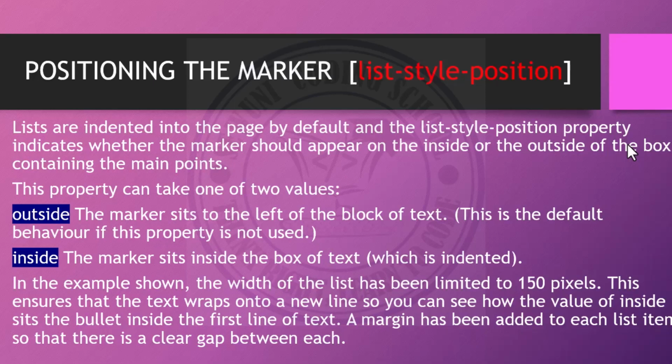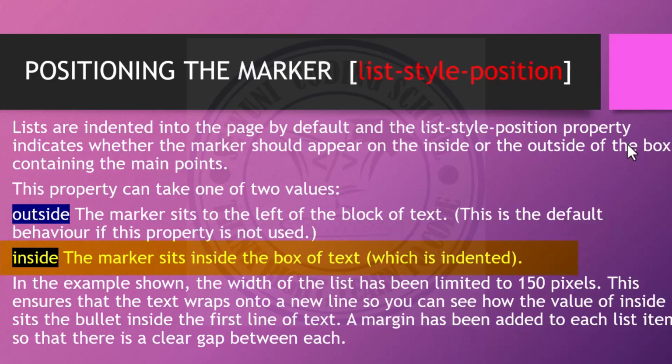When it is outside, the marker sits to the left of the block of the text. Now this is the default behavior if this property is not used. Now when it takes the value inside, the marker sits inside the box of text,